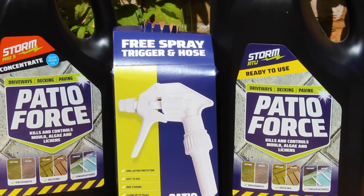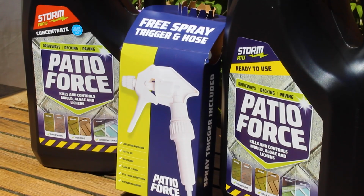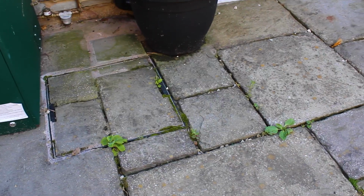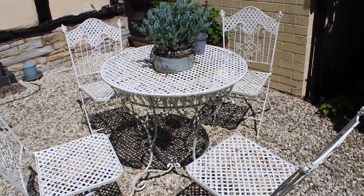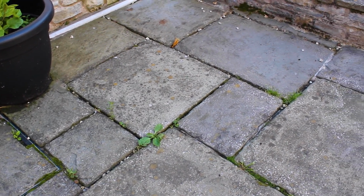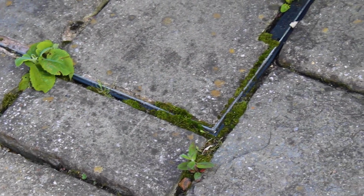In this video, I'm going to show you how to remove tough outdoor stains such as moss, mould, algae and lichens using the Patio Force cleaners. These types of growths can occur on patios, garden furniture, paved areas, paths, driveways, walls, greenhouses and many other outdoor spaces. They usually form in damp or shady parts of your outdoor area and are more frequent during the winter